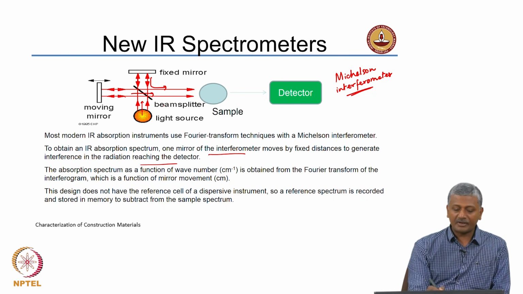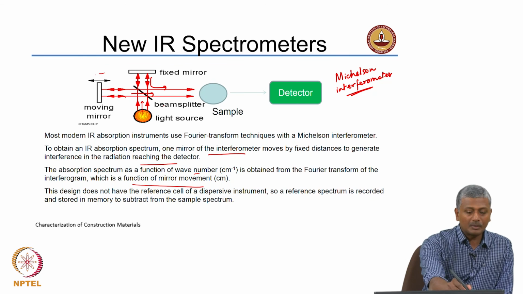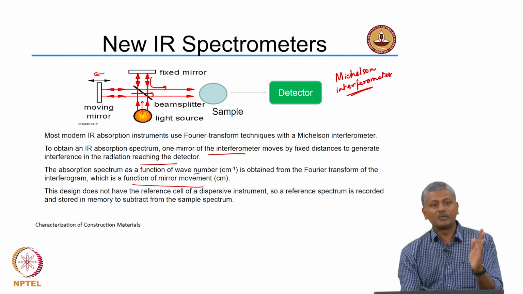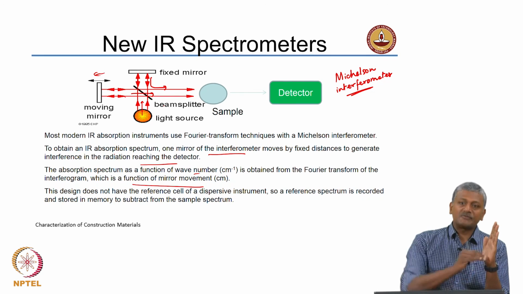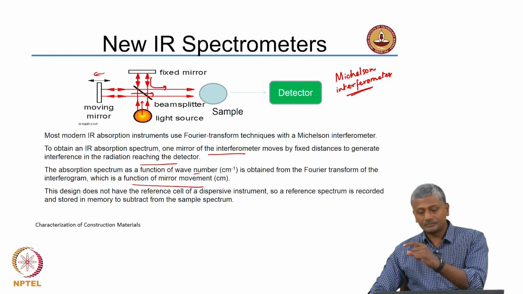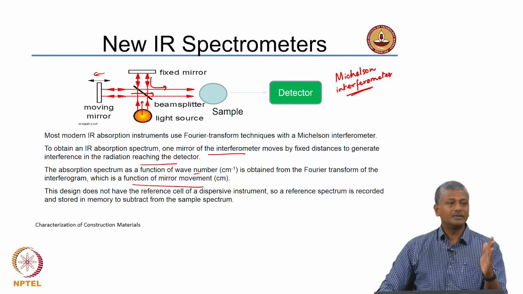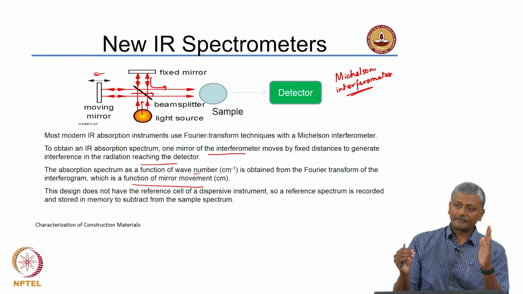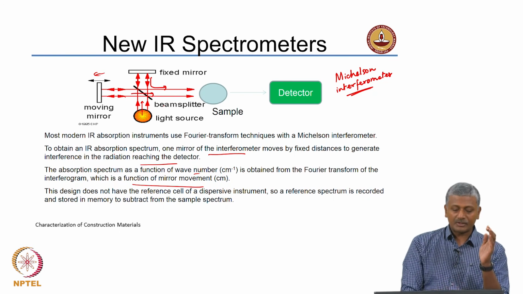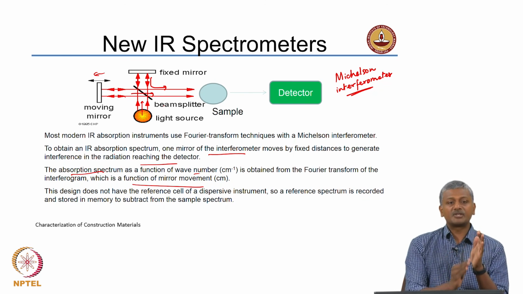The absorption spectrum is a function of the wave number obtained from Fourier transform of the interferogram, which is a function of the mirror movement. So, if you can compute the distance over which the mirror is moving, you will generate specific wavelengths at which there is constructive interference which go right through the sample. Oh, sorry, not through the detector, through the sample. Only at certain lengths of the moving mirror you will produce a constructive interference. And because this function of the mirror movement can be captured as the specific wavelengths over which absorption occurs, you can generate what is known as the interferogram.